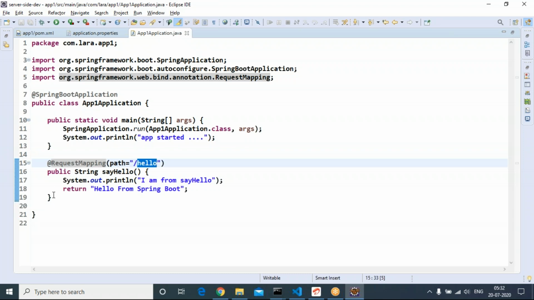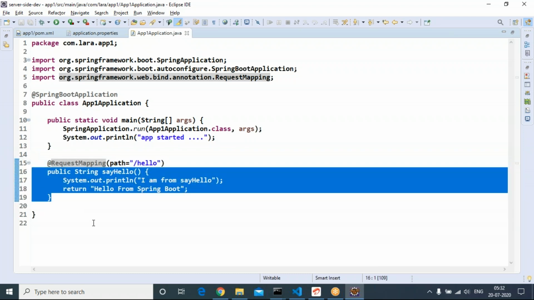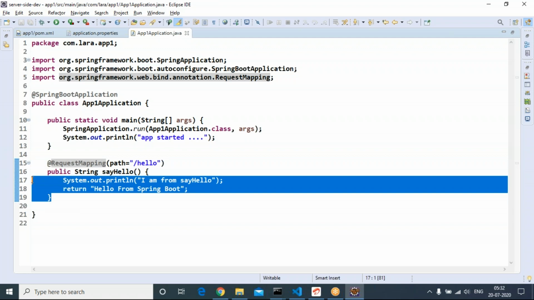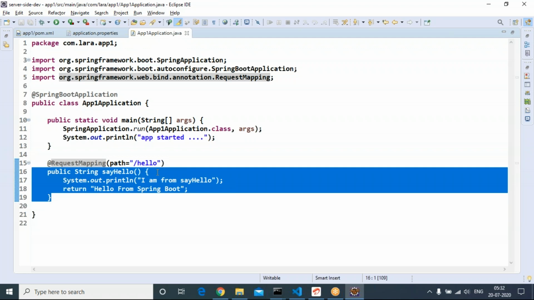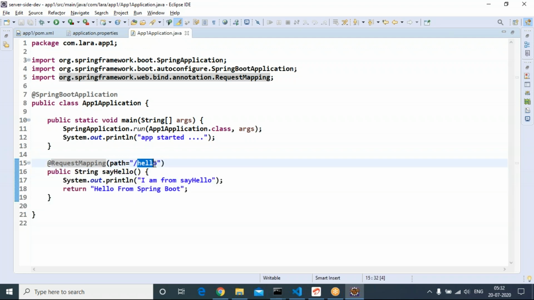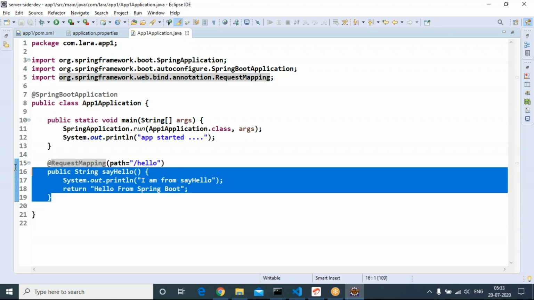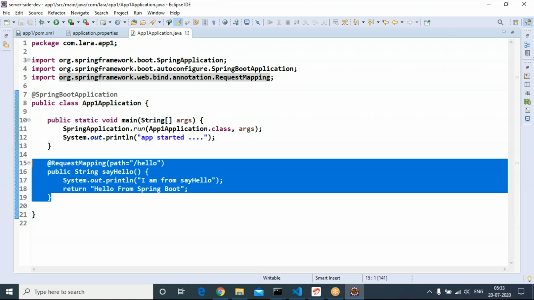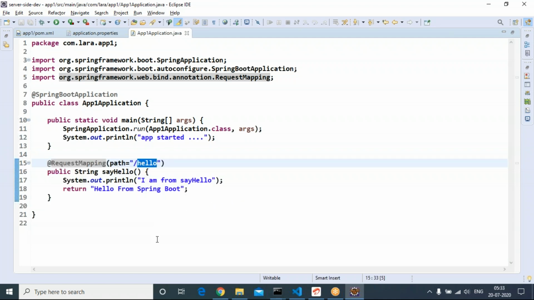Through this name only, this method can be executed. You can consider this method as an API method. For that API, we are providing hello as a handler to the callers. Whoever is giving a call should supply hello. It is the path to give a call to this method. You can consider this as a REST API definition. For the REST API definition, we are giving the URL as hello.